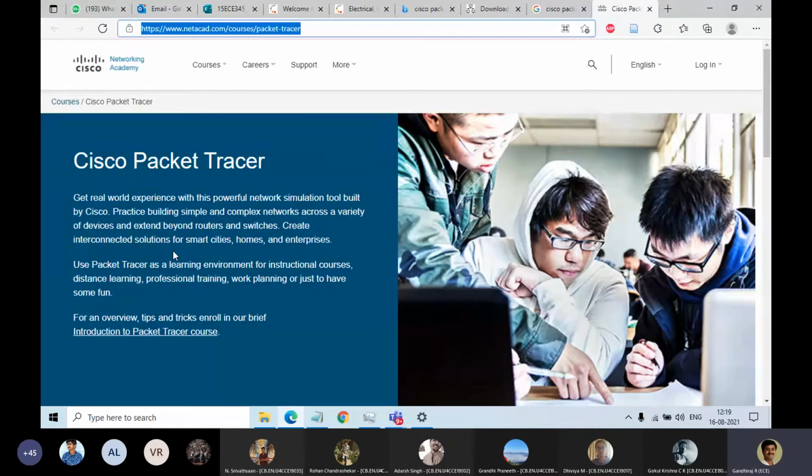The students who have joined the networking academy also do some small projects at the end of the course using the Cisco Packet Tracer. So I want to give that feel to everybody.